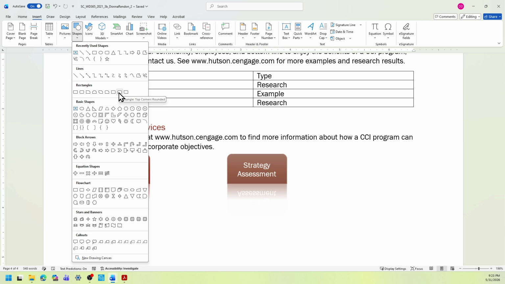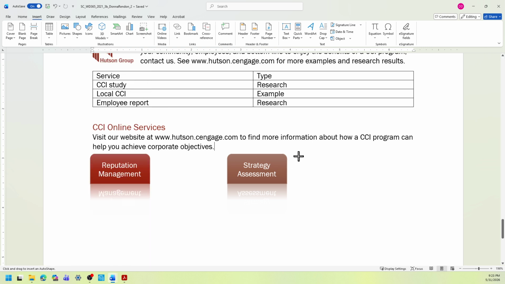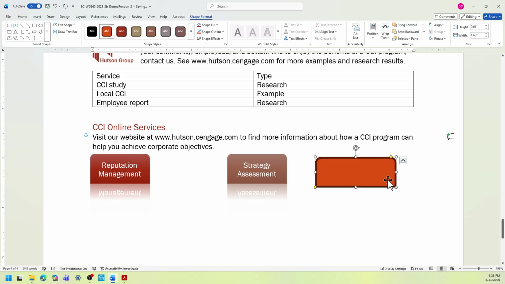Rectangle, top corners rounded. Just draw here to the right of the strategy assessment. And then you're going to type social outreach.